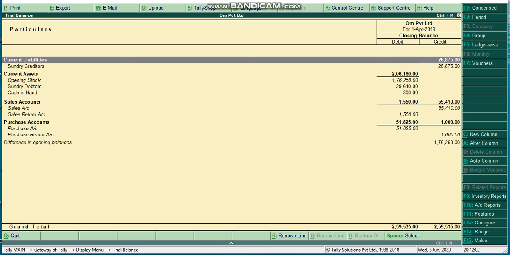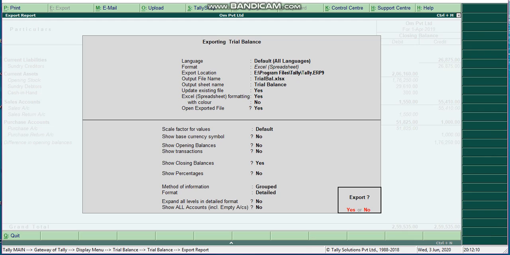Now I want to convert this trial balance into Excel. So to convert or to export, press alt plus E. Okay, I will repeat the key again, press alt plus E. It is saying that exporting trial balance. Now remember one thing, do not directly press yes. In a small corner, in that small box you can see export question mark and yes or no. Do not press yes immediately. First press